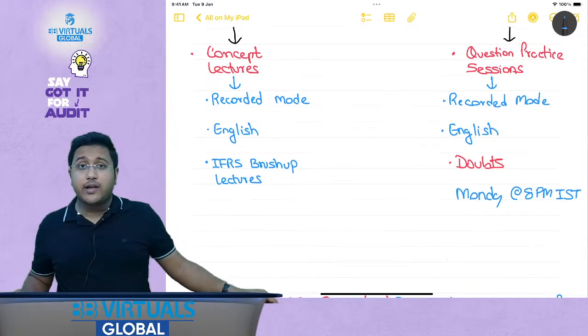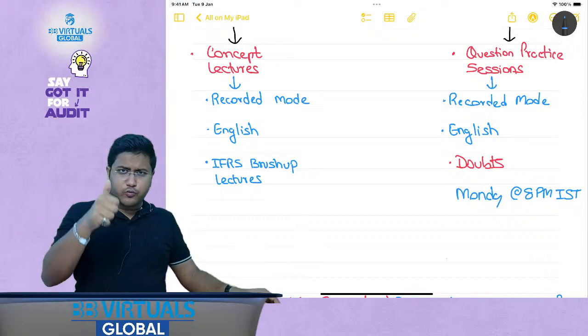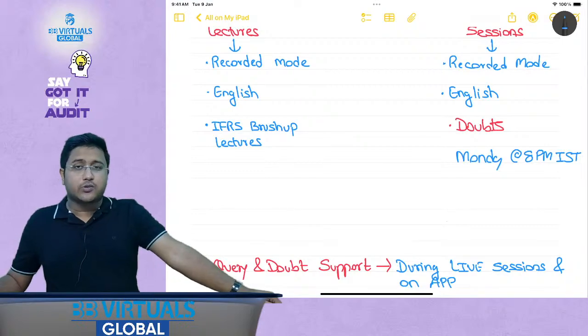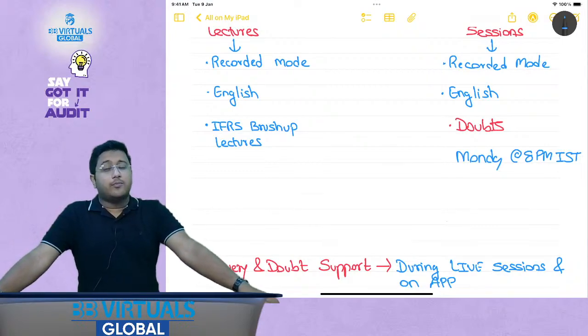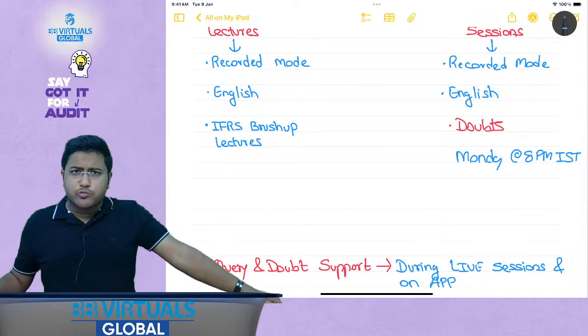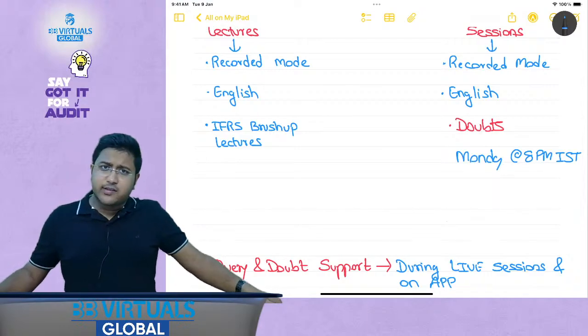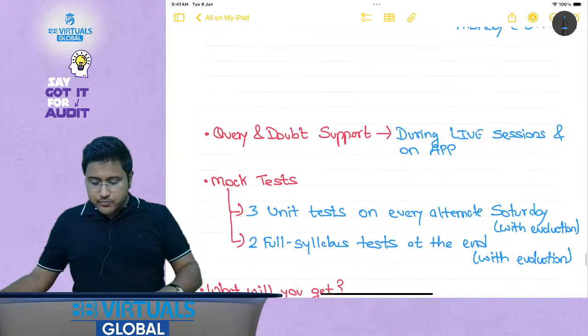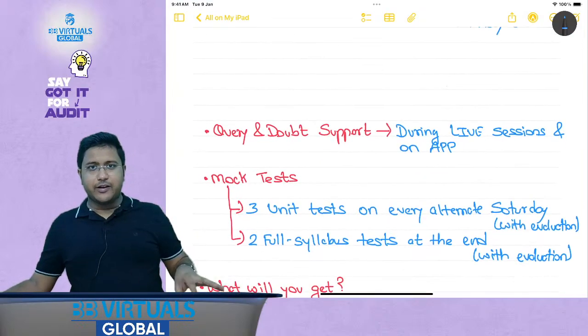However, I would be able to discuss the doubts with you either on WhatsApp or on the app, or on Monday 8 PM IST as well. When I talk about Monday 8 PM, this would be a live lecture just like this one. You will be able to write all your queries. I would be happy to discuss it. Having said that, I would also be available on WhatsApp as well as the app 24/7. When I say 24/7, it means the business hours.